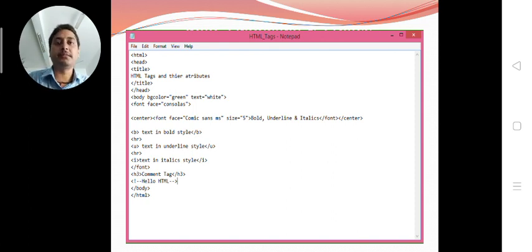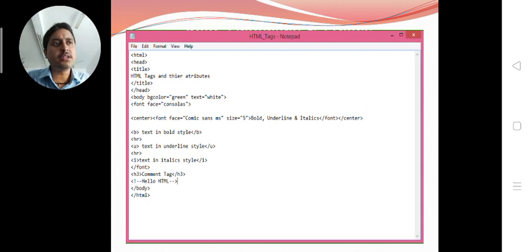You can write the comment, and what is the use of comment? You will be thinking, what is the use of comment when it is not visible on the website? The use of comment is to make your group aware of what a particular code is written for. Suppose you are working in a project, in a group, and every member is dealing with a different portion of the website, and at a time you all will be compiling all the codes in a single place. What is the purpose of that code?